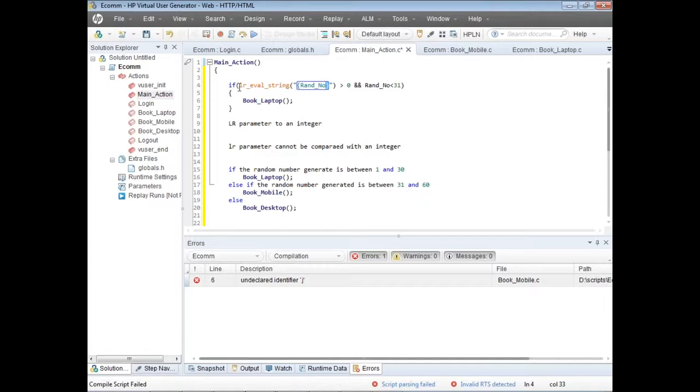Now it is converted to a string. The output of this is a string, but this is not good enough. A string cannot be compared to an integer. Now you have to convert it to an integer. How to do it? atoi, ASCII to integer. Now you see the left hand side is an integer, the right hand side is an integer, and it can peacefully compare. Now the same thing needs to be done for